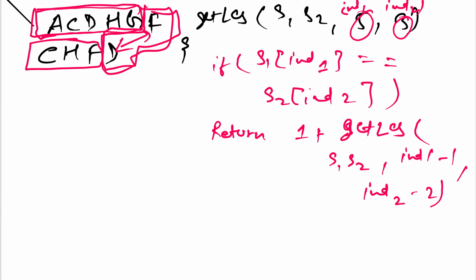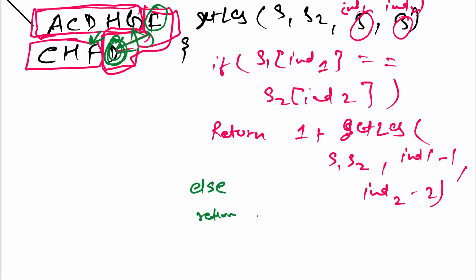Okay, and in the else case, if these do not match, which is valid for our current case, so this character f can match with one less previous character of the second string, or this character d can match with the previous character of the first string. Okay, so our else case will be